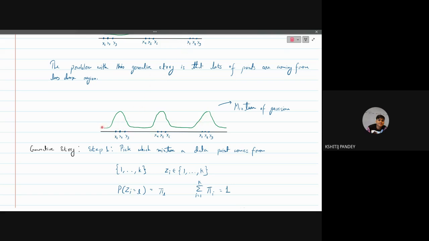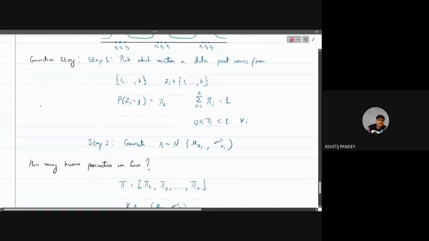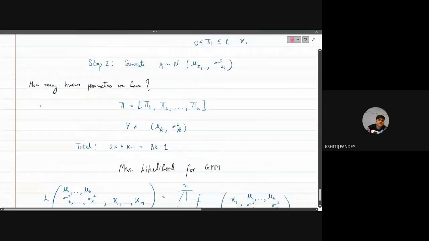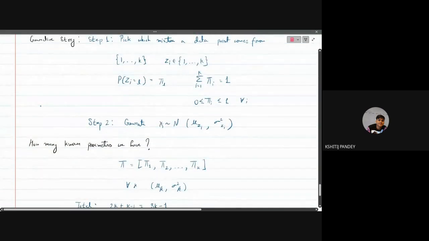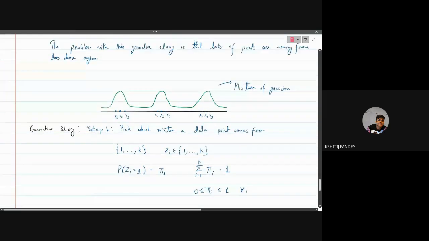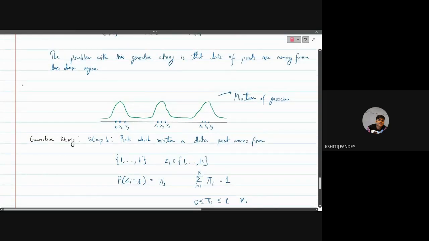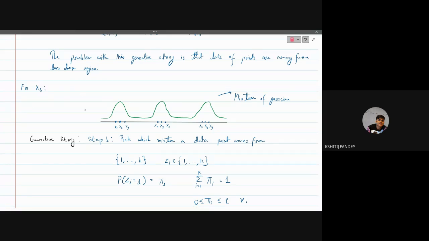So for each mixture, you will have a value of pi. So for the point x3,